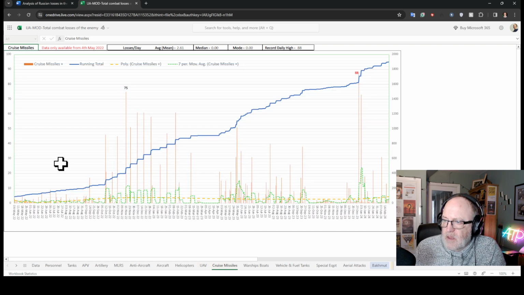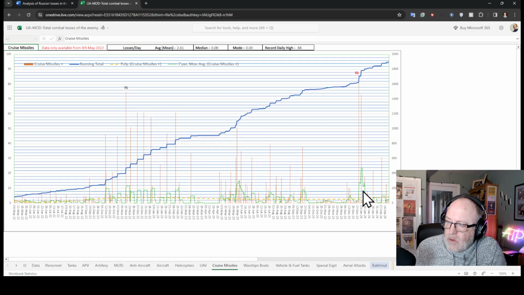I love looking at this because there's a sort of consistency to the way they did use cruise missiles up until sort of March. And then there's a bit of a gap. And you're thinking maybe they have procurement issues with regard to manufacturing them or getting them from Iran. These are basically your larger drones. And then they were used quite a bit around May and June time. But this massive gap here signified either stockpiling. Well, it was stockpiling, but I think that represents that they did not have the production and procurement that they would have liked.